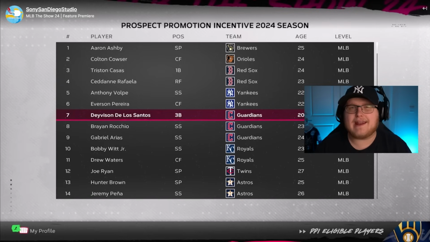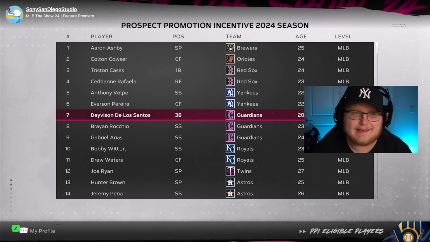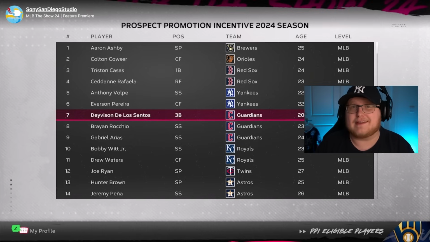Another feature that they're adding is what they call the PPI list, the Prospect Promotion Incentive. Now, this is a list that you would typically see in MLB in real life. This is something that's a little bit more niche and that the everyday player might not care about, but if you're a hardcore realist for a franchise, this is a list that most GMs would actually have, and depending on their performance as a rookie, as early part in their career,